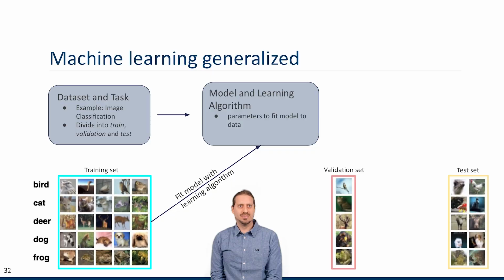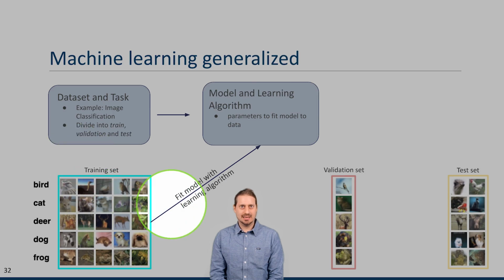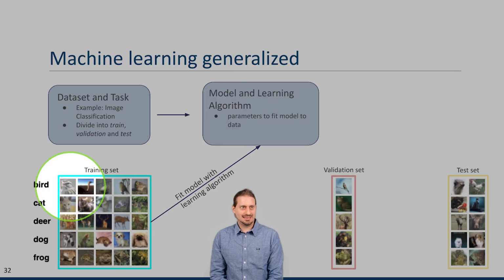So the next thing that we need to do is train an algorithm. And this means we actually need to define what model and learning algorithm we want to take for our data. This could, for example, be the decision tree we discussed, or the perceptron, the linear model. We use this training set to fit the parameters of the model with the learning algorithm. So remember, for the example of our decision tree, that would be the splits we do in the tree and the depth of the tree,